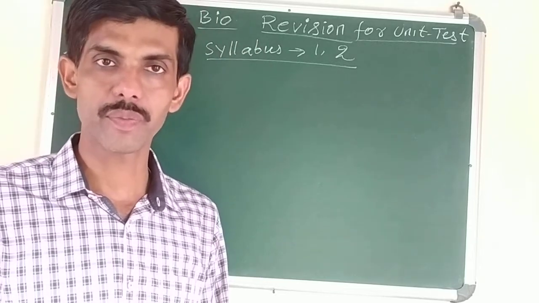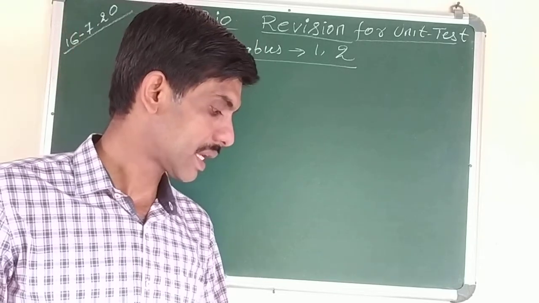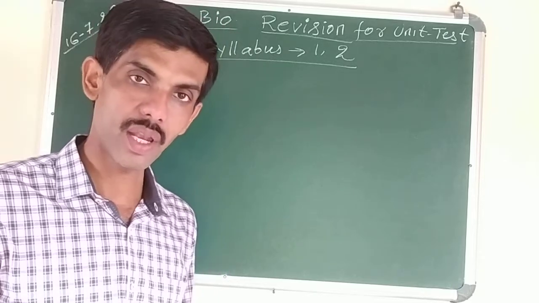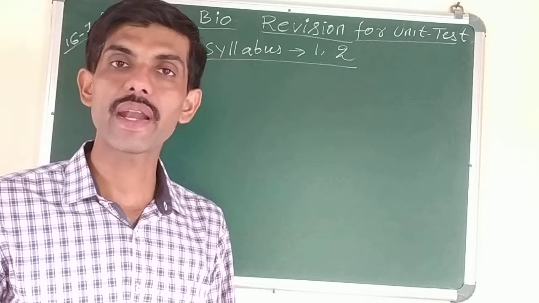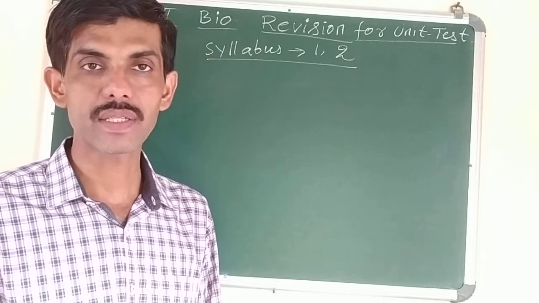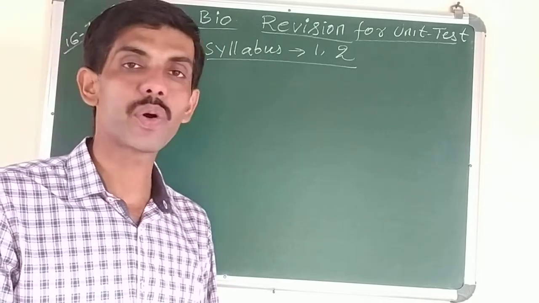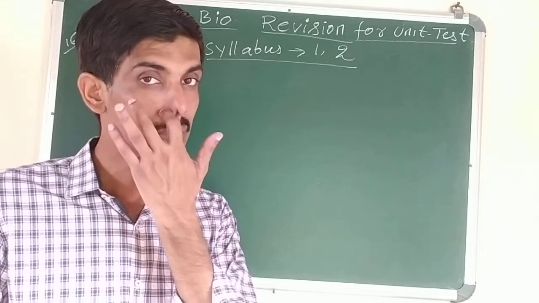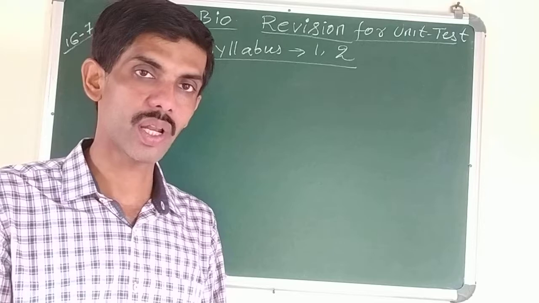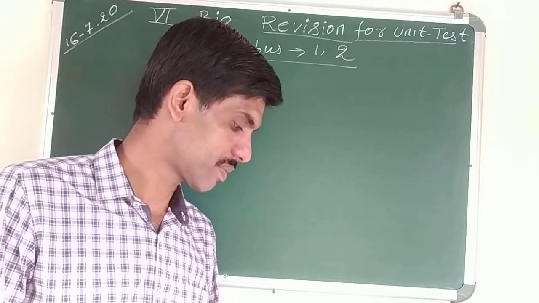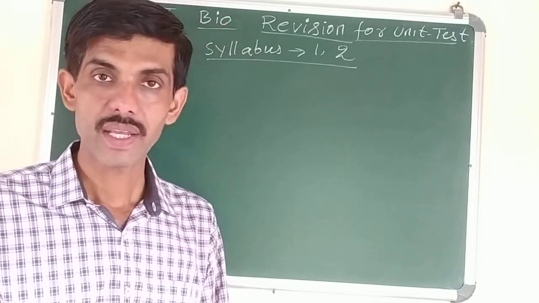Already you have purchased the book. Chapter 1 is the leaves, in which you have to study about the root system. You know that a plant has two main parts. That part of the plant which grows above the soil is called the shoot system. And the part of the plant which grows below the soil forms the root system. So the root system has certain characteristics.